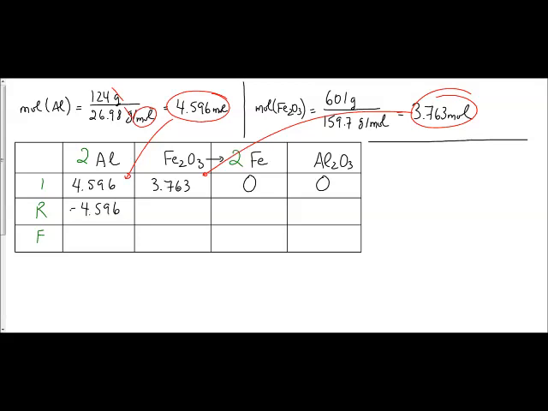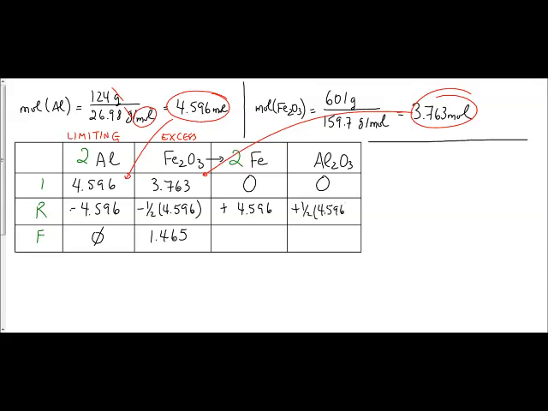So if we choose aluminum in this case to be our limiting reactant, we can see that all aluminum moles will react. That requires half the number of moles of iron oxide because those react in a 2-to-1 ratio. That would give us no aluminum left and a certain amount of excess iron oxide. When we see that the excess iron oxide is a positive number, then indeed we know that the iron oxide is the excess reactant and aluminum is indeed the limiting reactant. So we chose correctly,